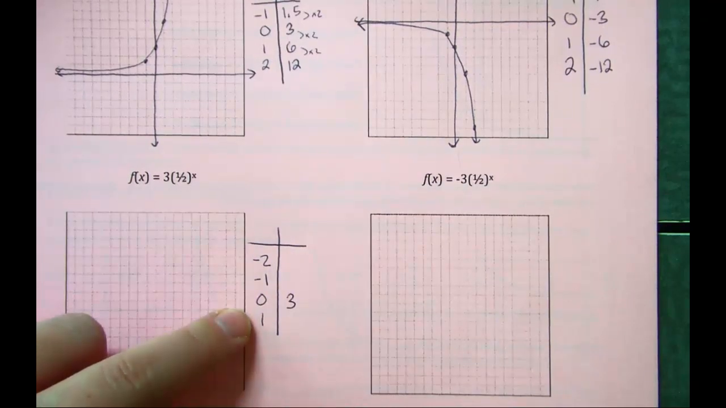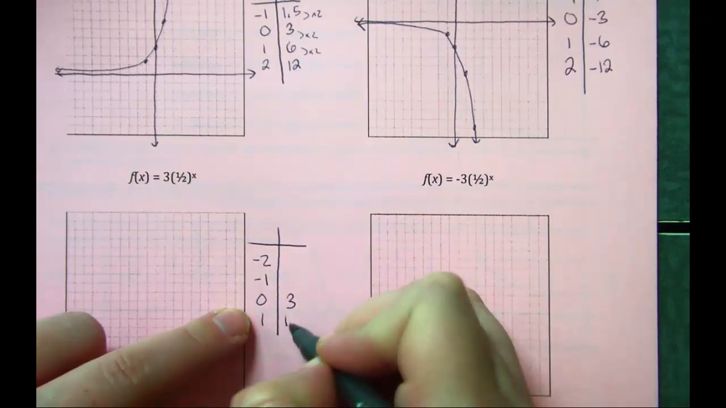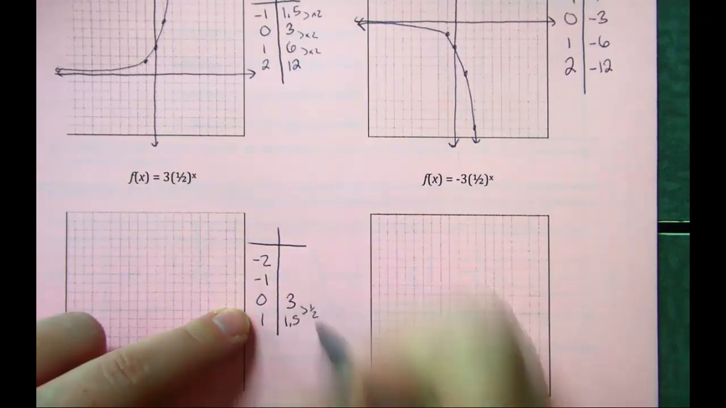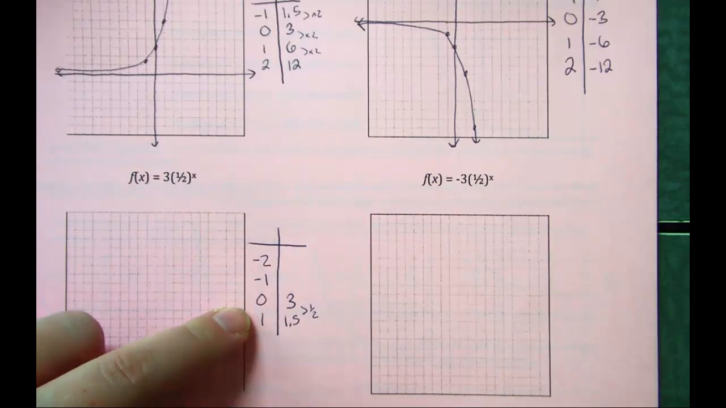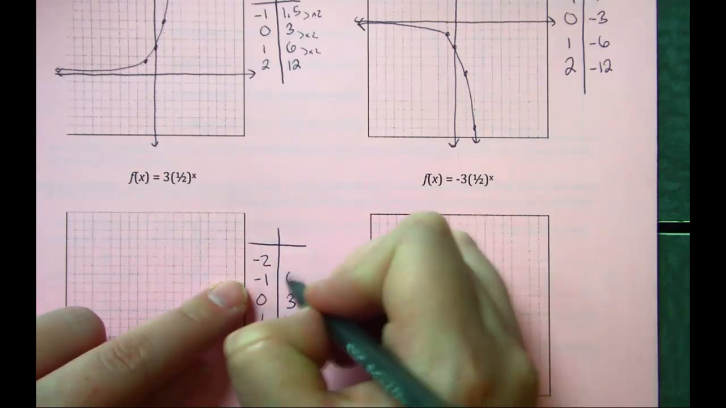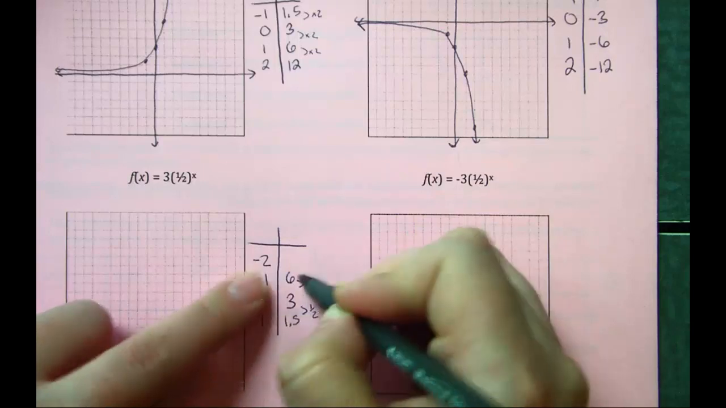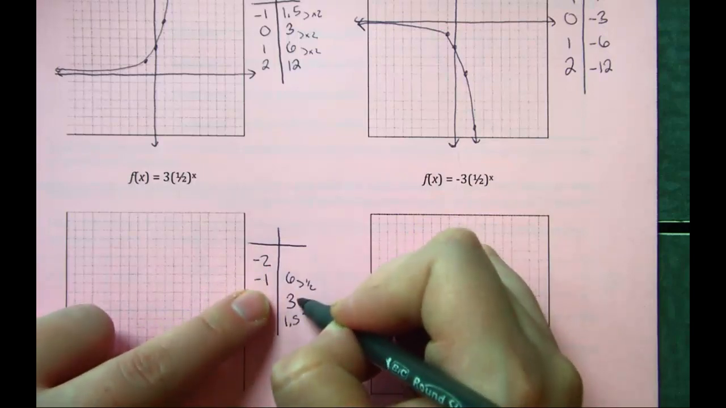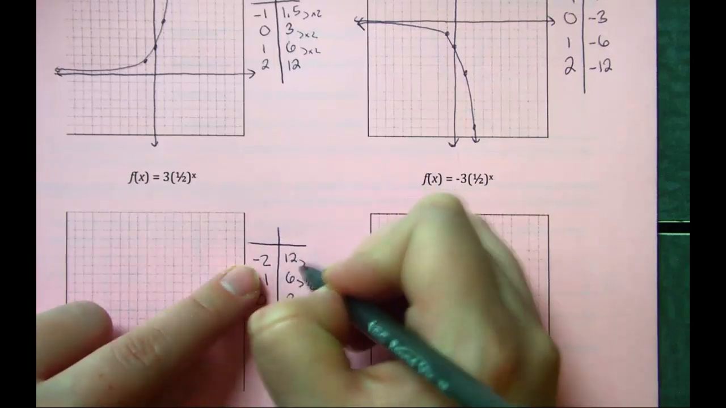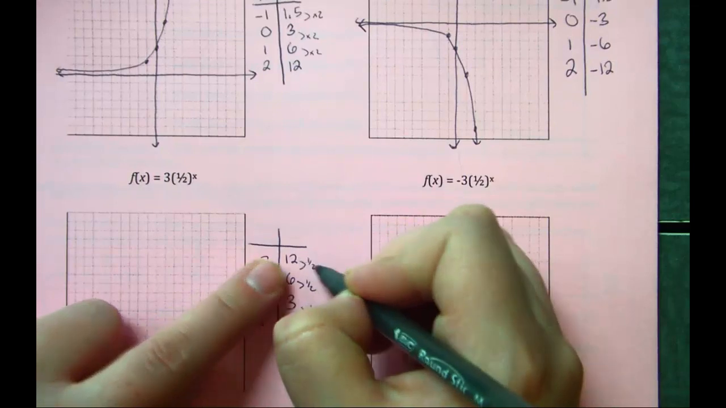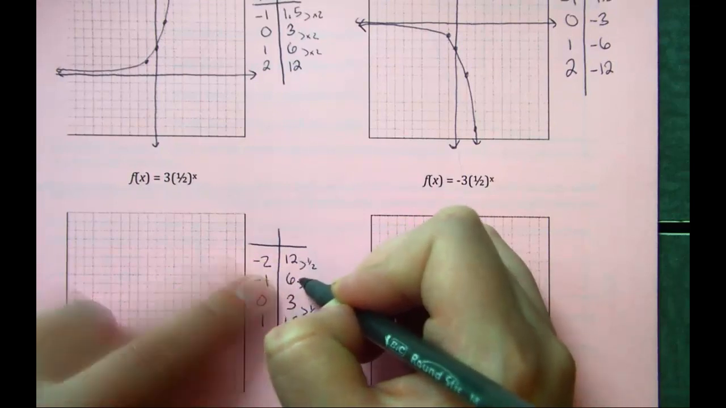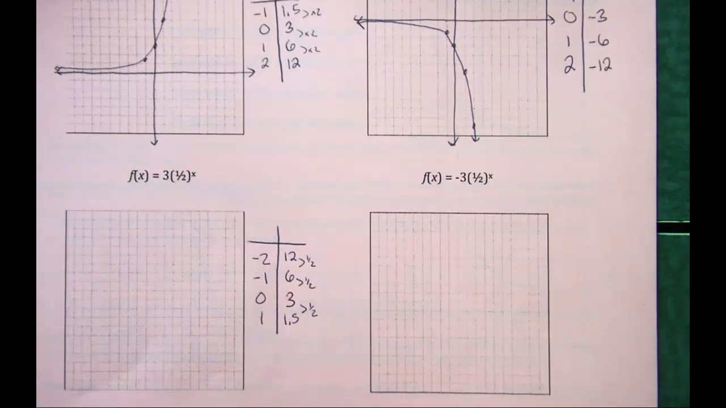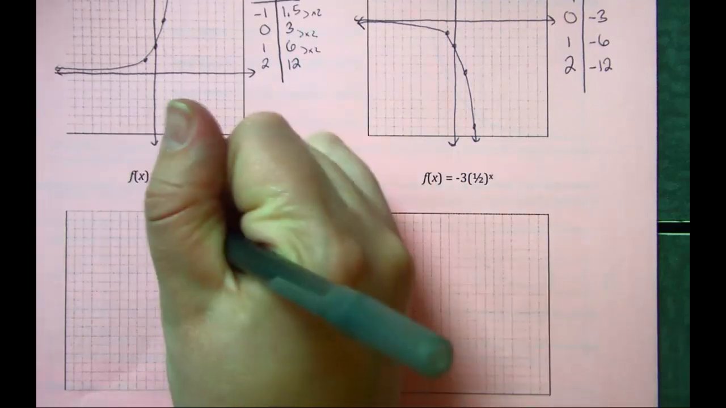And I'm going to times that by 1/2 now. So it's going to be 1.5 because I times it by 1/2, because that's my b value. Going the other way, if I times 6 by 1/2, it would give me 3. If I times 12 by 1/2, it would give me 6. So if I graph this,